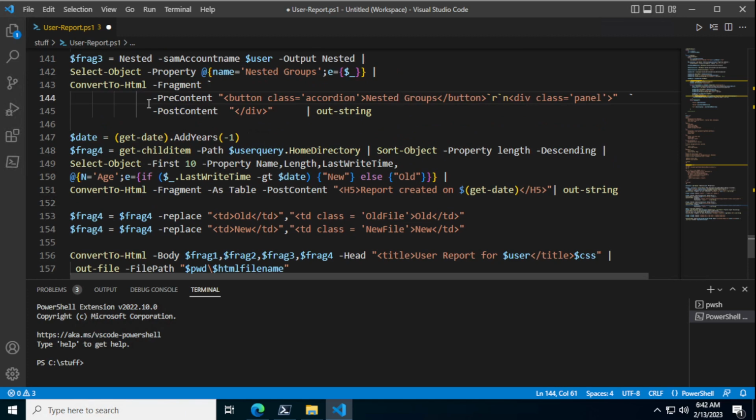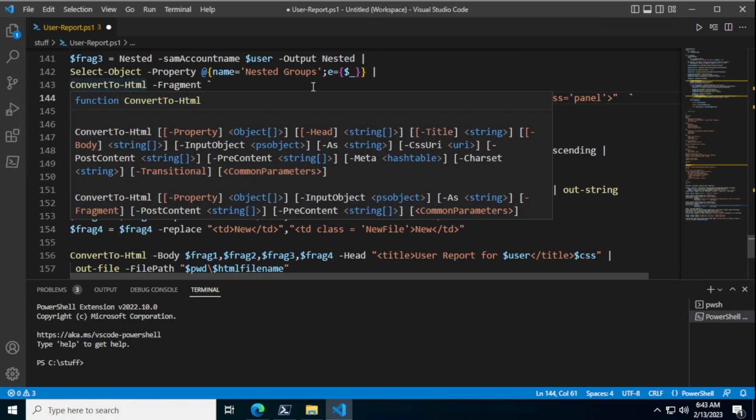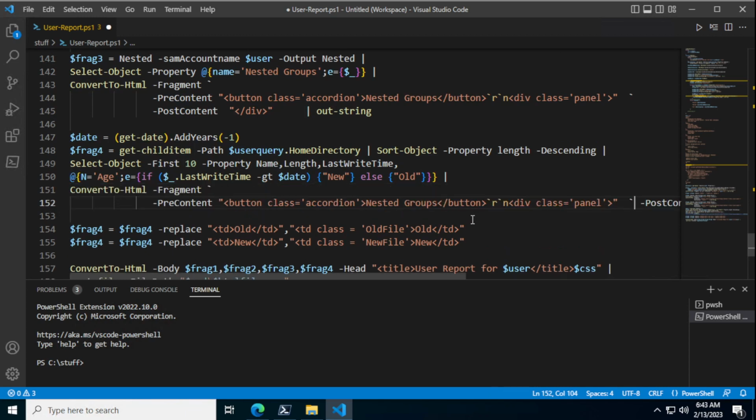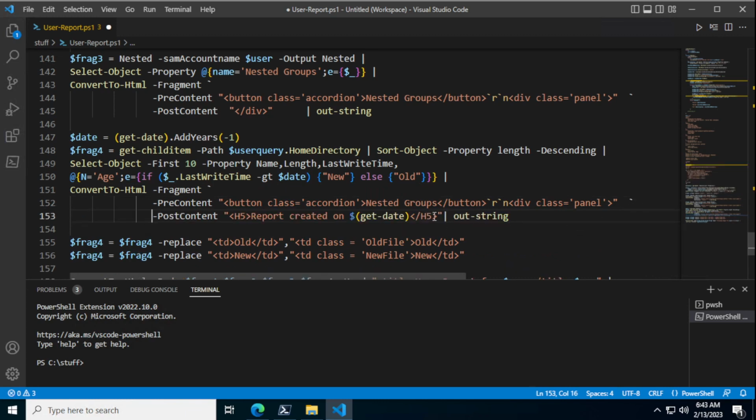So let's take this up to the pre-content line because I want the post-content line that's there. So we'll do convert to HTML. Yeah, let's delete that, paste that in. We've got the pre-content. I can do a carriage return right here for post-content. And let's see. So this would be,